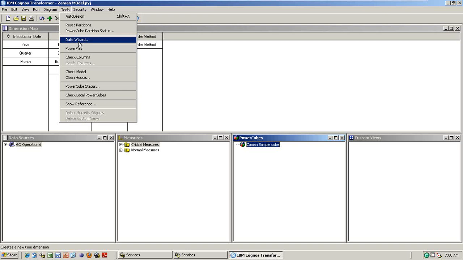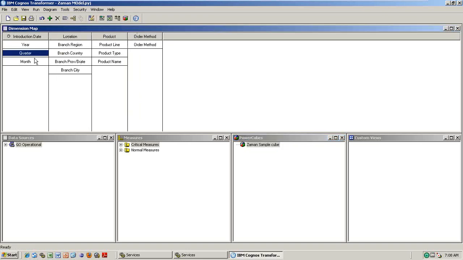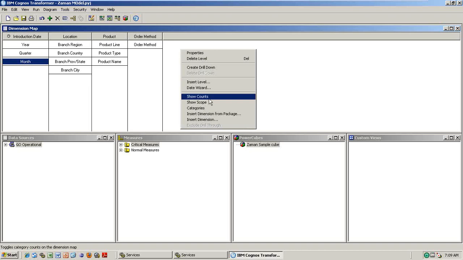What do you mean by date wizard? So date wizard means, say for example, here quarter and month is there. But I want, instead of year and quarter, month, after the days I want something customized date. I don't want only up to month. So that is by default how the date is coming. When you are dragging and dropping, it is automatically creating. Am I right? But now go ahead and insert one more date.